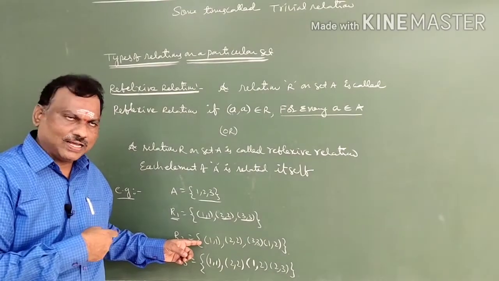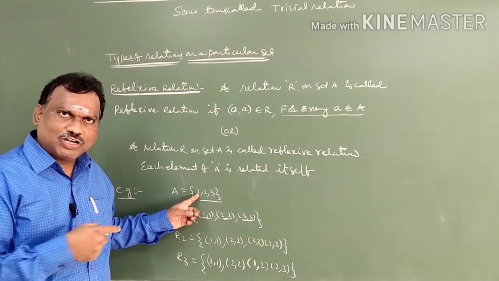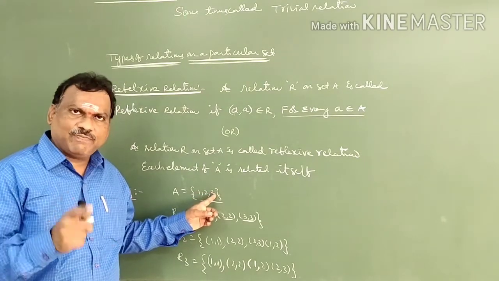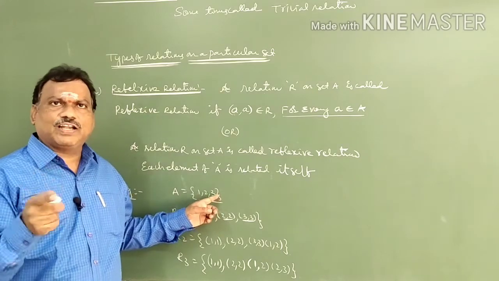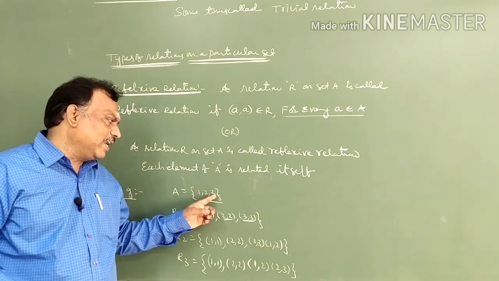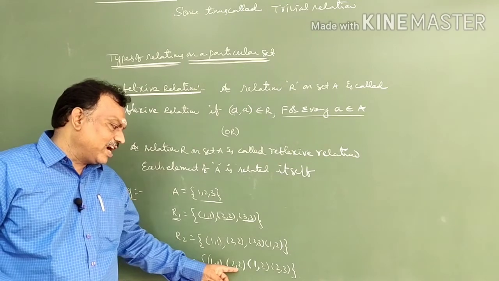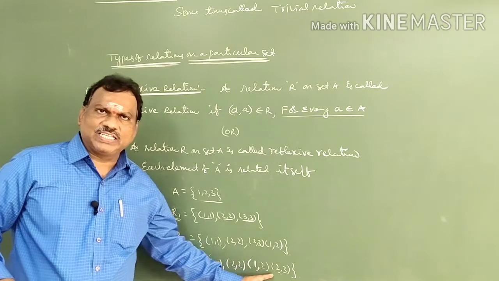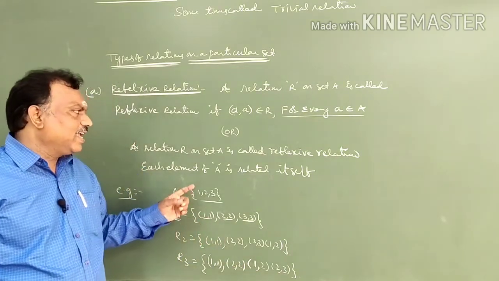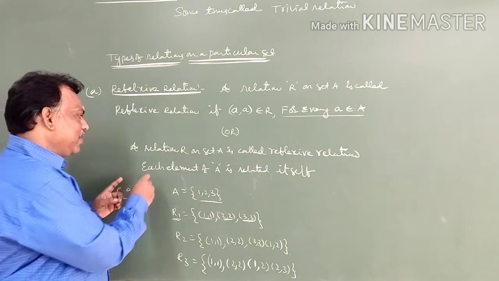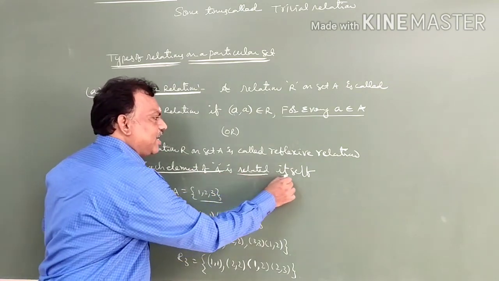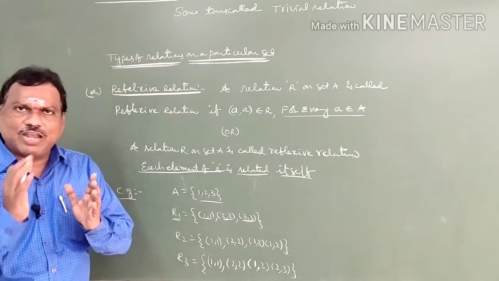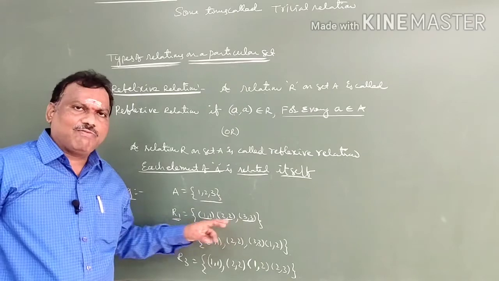1 will be there, definitely (1, 1) should be present in that relation. If 2 is there, definitely (2, 2). If 3 is there, definitely (3, 3). If it is 4, definitely (4, 4). Suppose there are 3 elements and only (1, 1) and (2, 2) participate; whatever the rest of the ordered pairs are, it is immaterial. We need each and every element to satisfy the definition: each element of A is related to itself. Each element, meaning 1, 2, 3, should have the same element as image, and in the first set they have (1, 1), (2, 2), (3, 3).